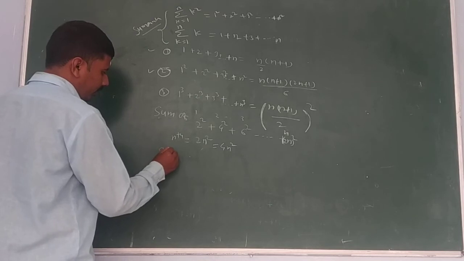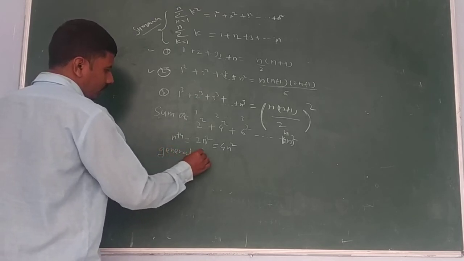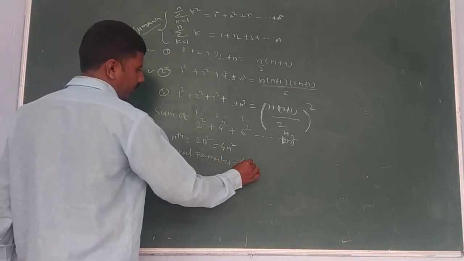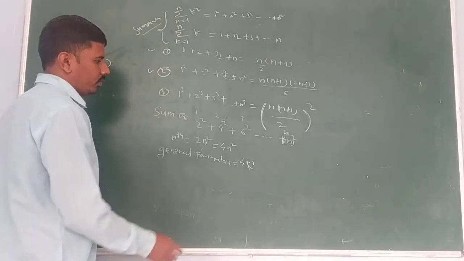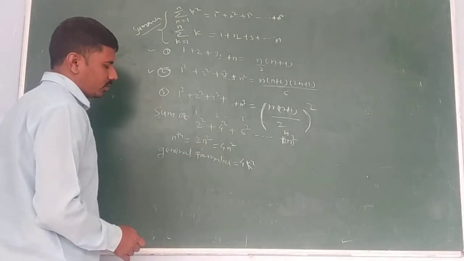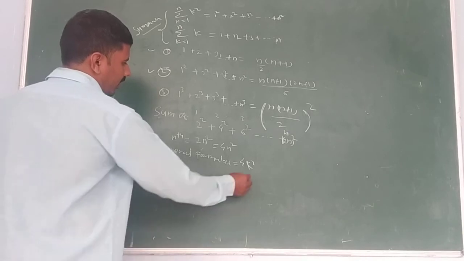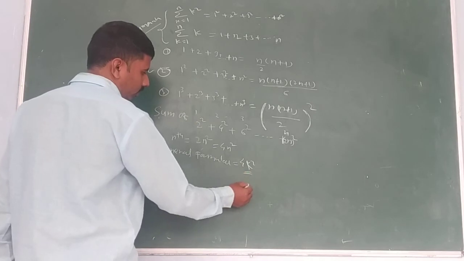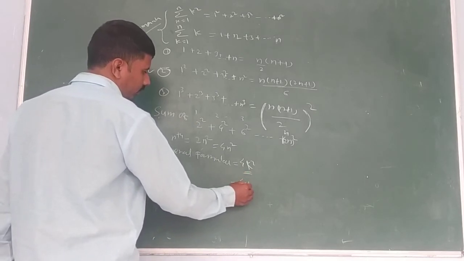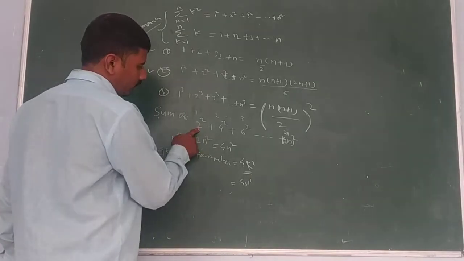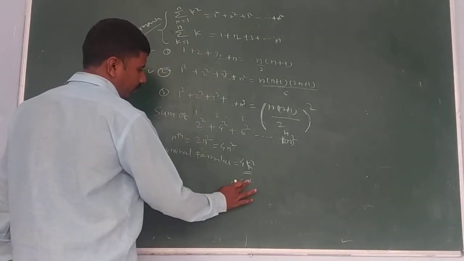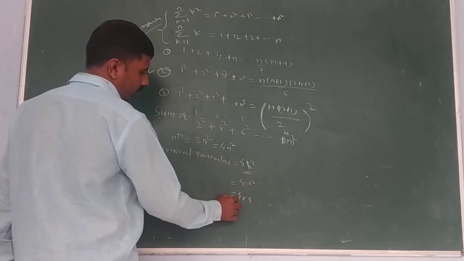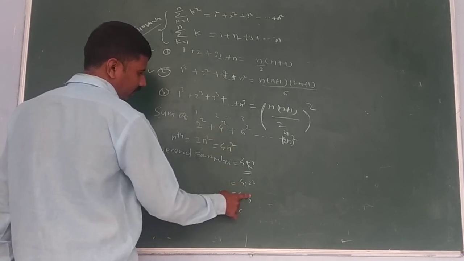So how do you determine the general formula? The general formula is equal to 4k square. Instead of n, we take just k, so we do not get confused between n and k. So 4k square is any term of this series. If you put k is equal to 1, 4 into 1 square, so this will be 2 square, and we get the first term. If we put k is equal to 2, 4 into 2 square, 4 into 4, 16, 4 square, 16. We got the second term.